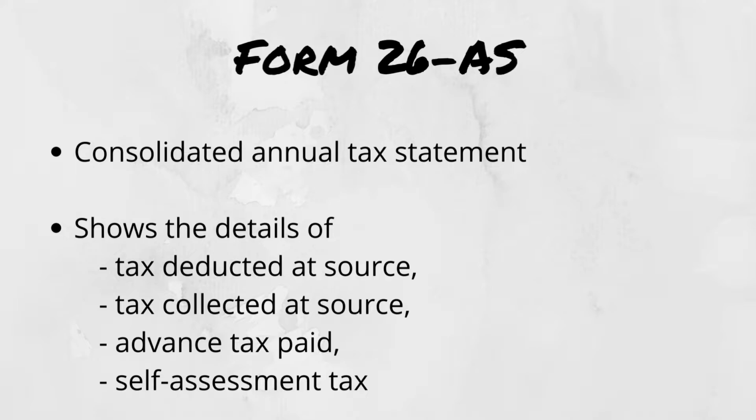The employer calculates your approximate amount of tax for the whole year, then divides it by 12 and pays the tax on behalf of you to the government of India. So this process is called tax deduction at source. During this process, taxes are already paid by the employer. You can see the consolidation of how much tax has been deducted from you in Form 26AS. In the income tax portal, you can always go there and check it out.